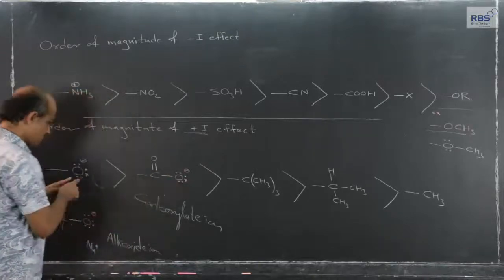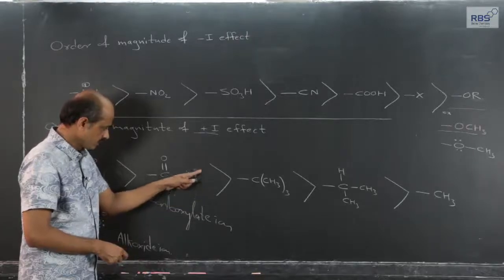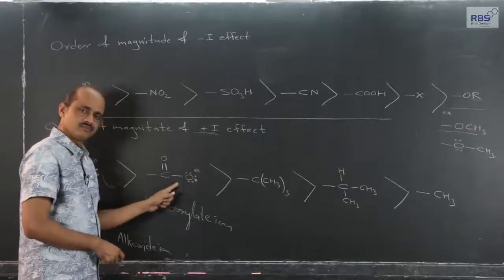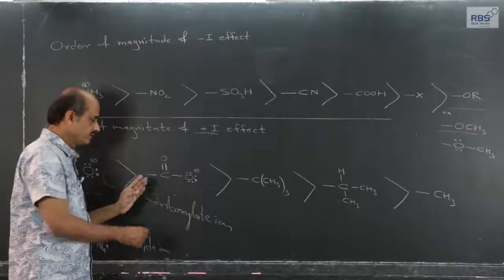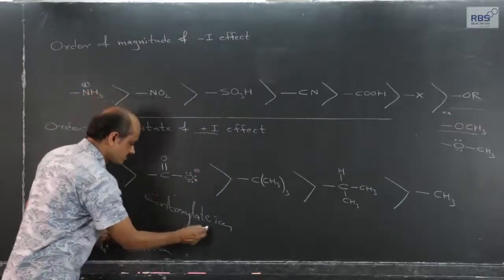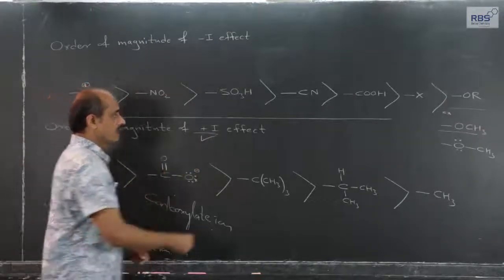The same reason again, because of the development of negative charge on this oxygen, it has a tendency to release the electron density, and therefore the carboxylate ion becomes an example of positive inductive effect,